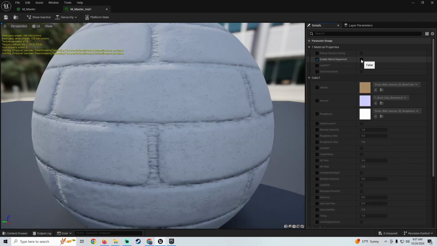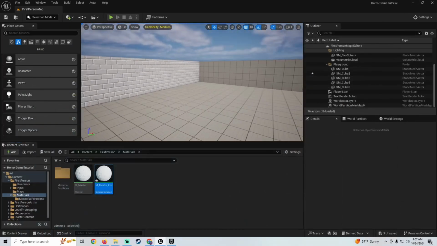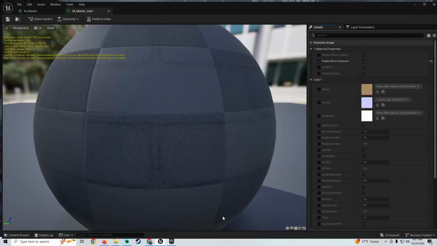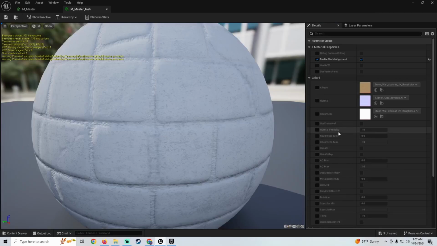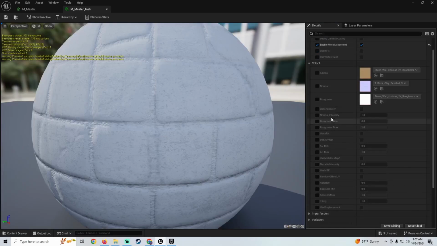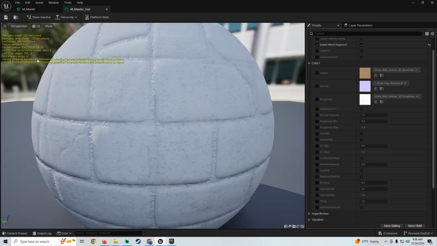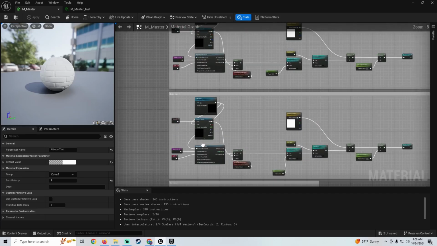Let's enable world alignment. So right here at the top, enable world alignment. You take this guy and this guy. And you can see that is no longer stretched like it was. But I'm trying to figure out why our material is white. So if you look here in our material instance, it's yelling about our emissive, so we actually need to go back and make our emissive